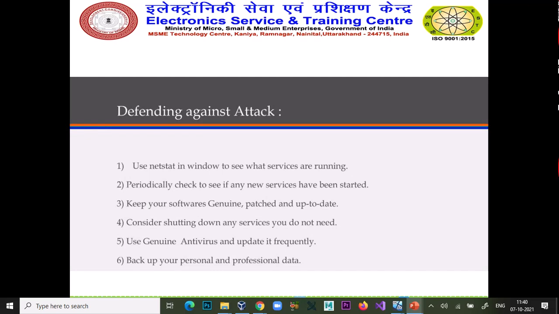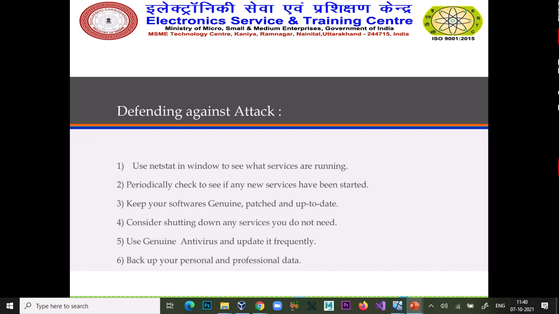Defending against attack. Most phones today come with RAM optimization, so please use the RAM optimization technique. Use netstat in Windows to see how services are running.